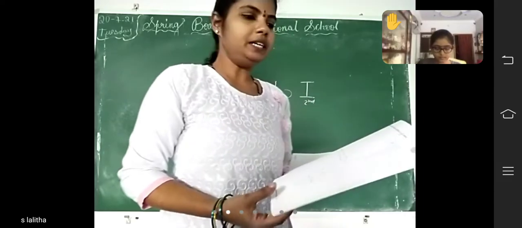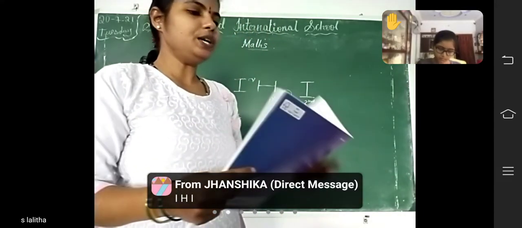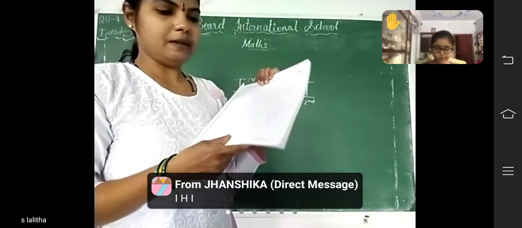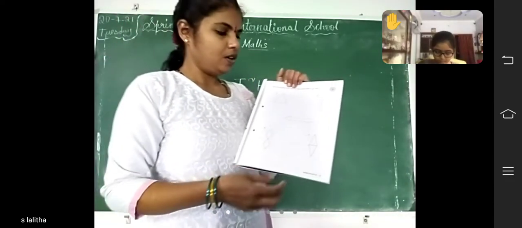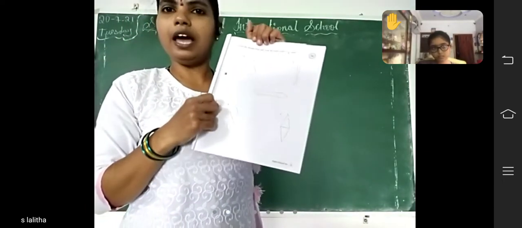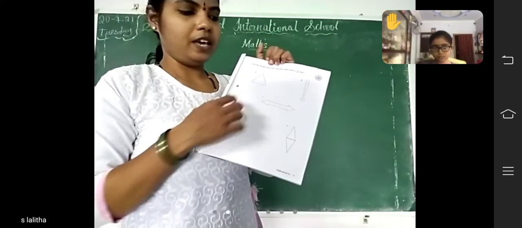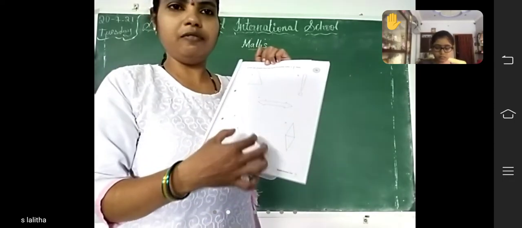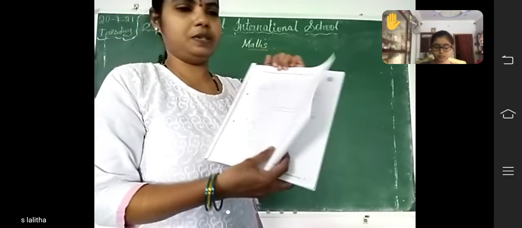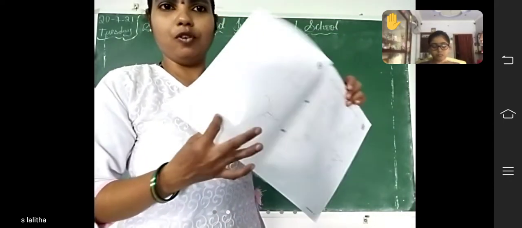Page number 13. Circle the shape that will look the same after a half turn. Page number 13 in companion. You have to circle the shapes that look the same after a half turn. Here some shapes are given for a half turn; the ones that look like the original shape again, you have to circle. And next, page number 14.